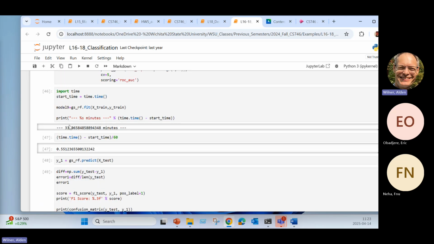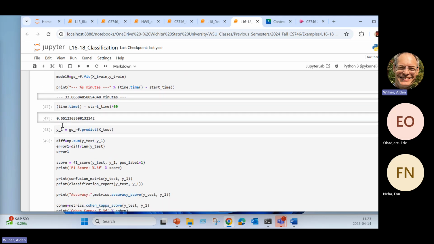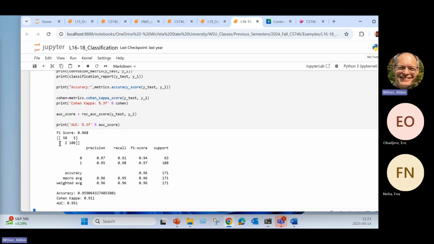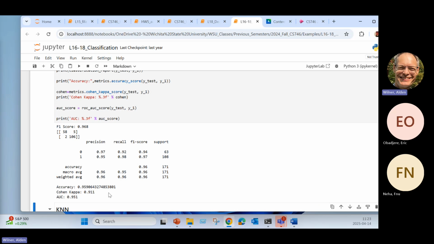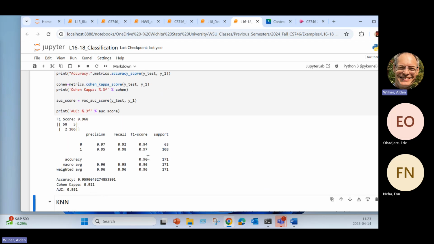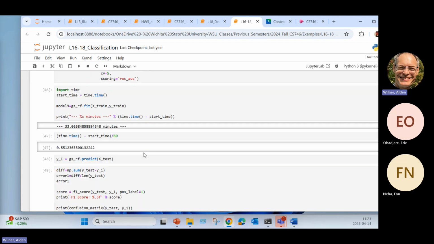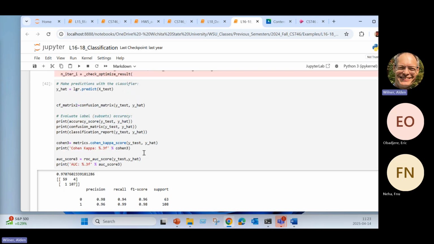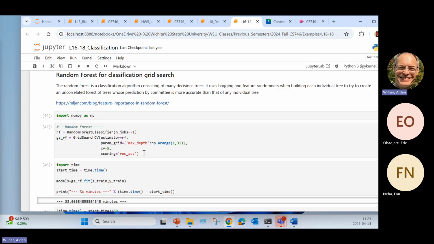33 minutes. Okay, we had multiple processors on this, so that's not necessarily accurate. Anyhow, now we go down there and look at our F1 scores. Area under the curve, of course, is another metric that I forgot to bring forward, but very good F1 scores. Area under the curve, 91, 96, so this is giving us a pretty good result